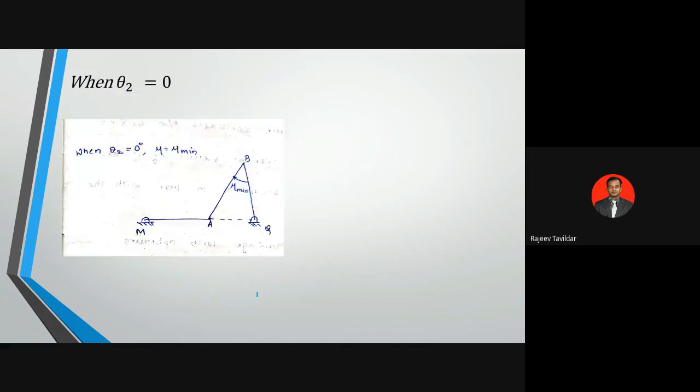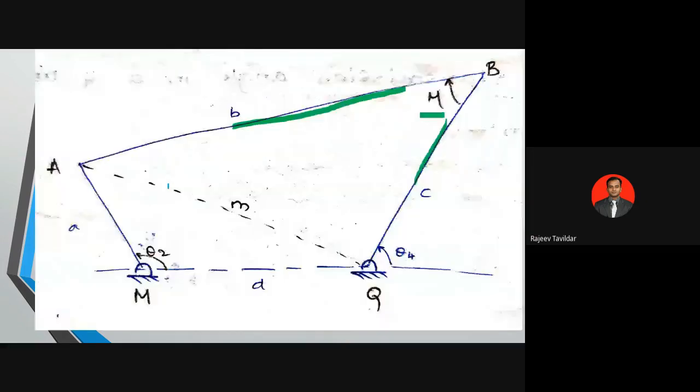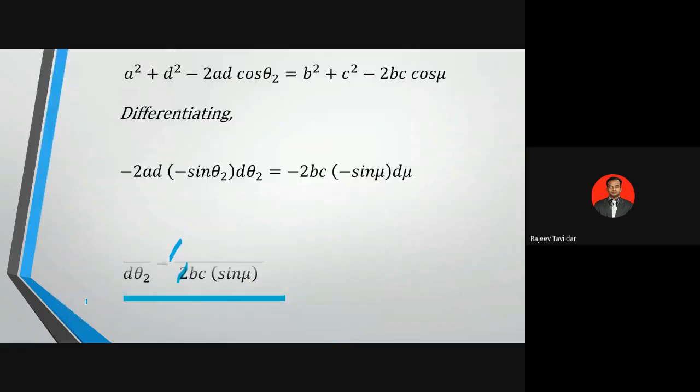So I've taken the first case when theta 2 is 0. What is happening to the diagram? Before that, let me again go back to the original diagram here. This was our original diagram. Now I want to make this theta 2 equal to 0. It is at some degrees. If I make this 0, point A will come and lie on this fixed link. I hope you got it. Similarly, if I make theta 2 as 180, then point A will come this side and lie on the horizontal link. The same thing we have shown here.